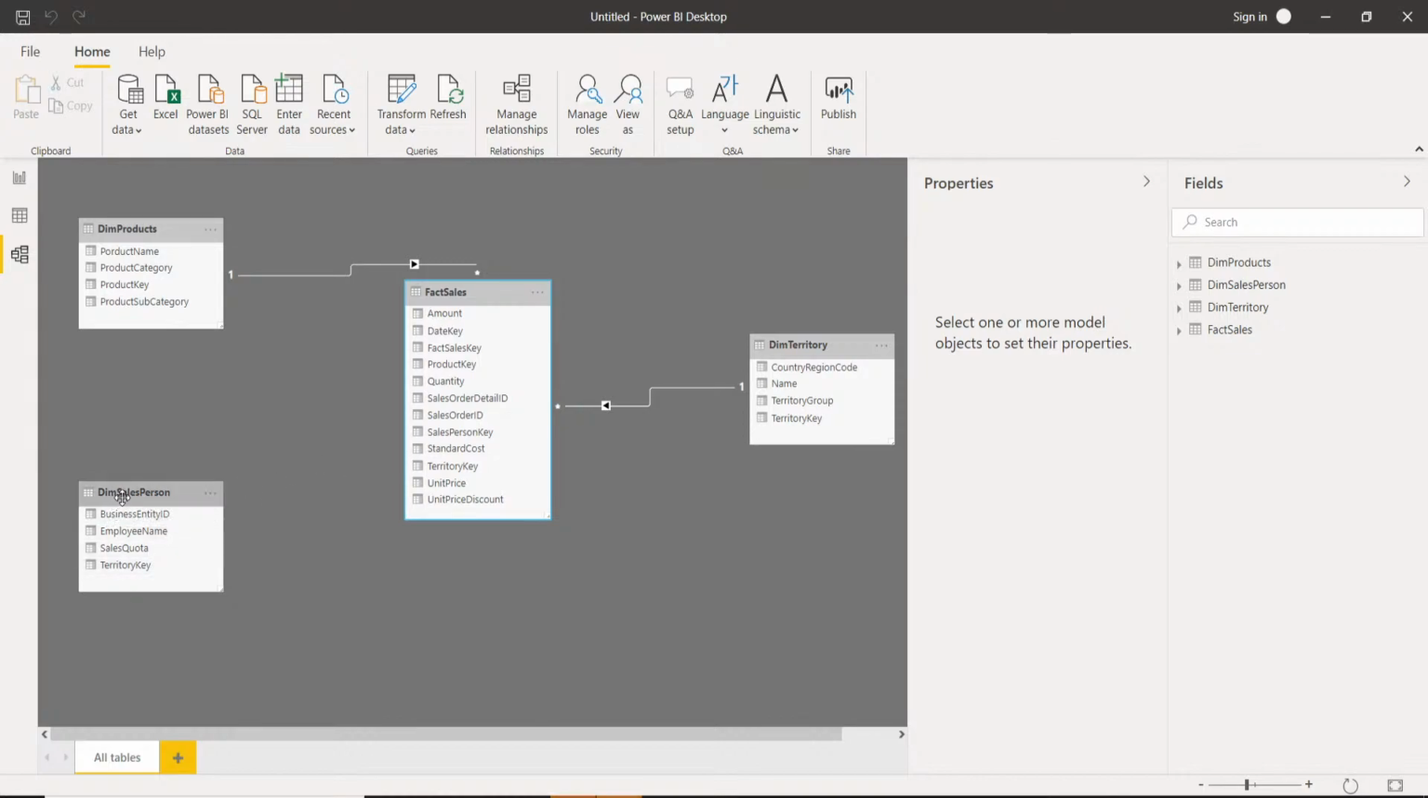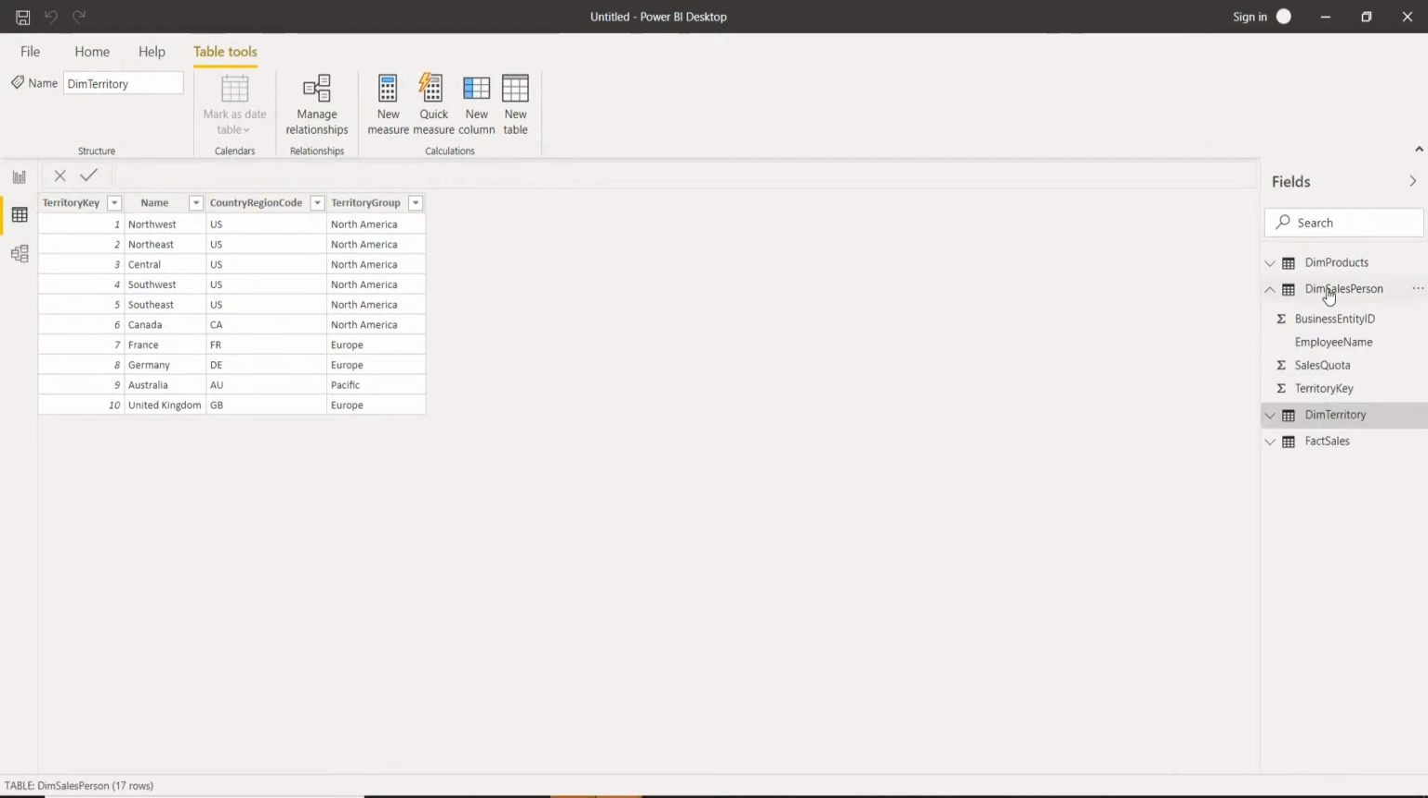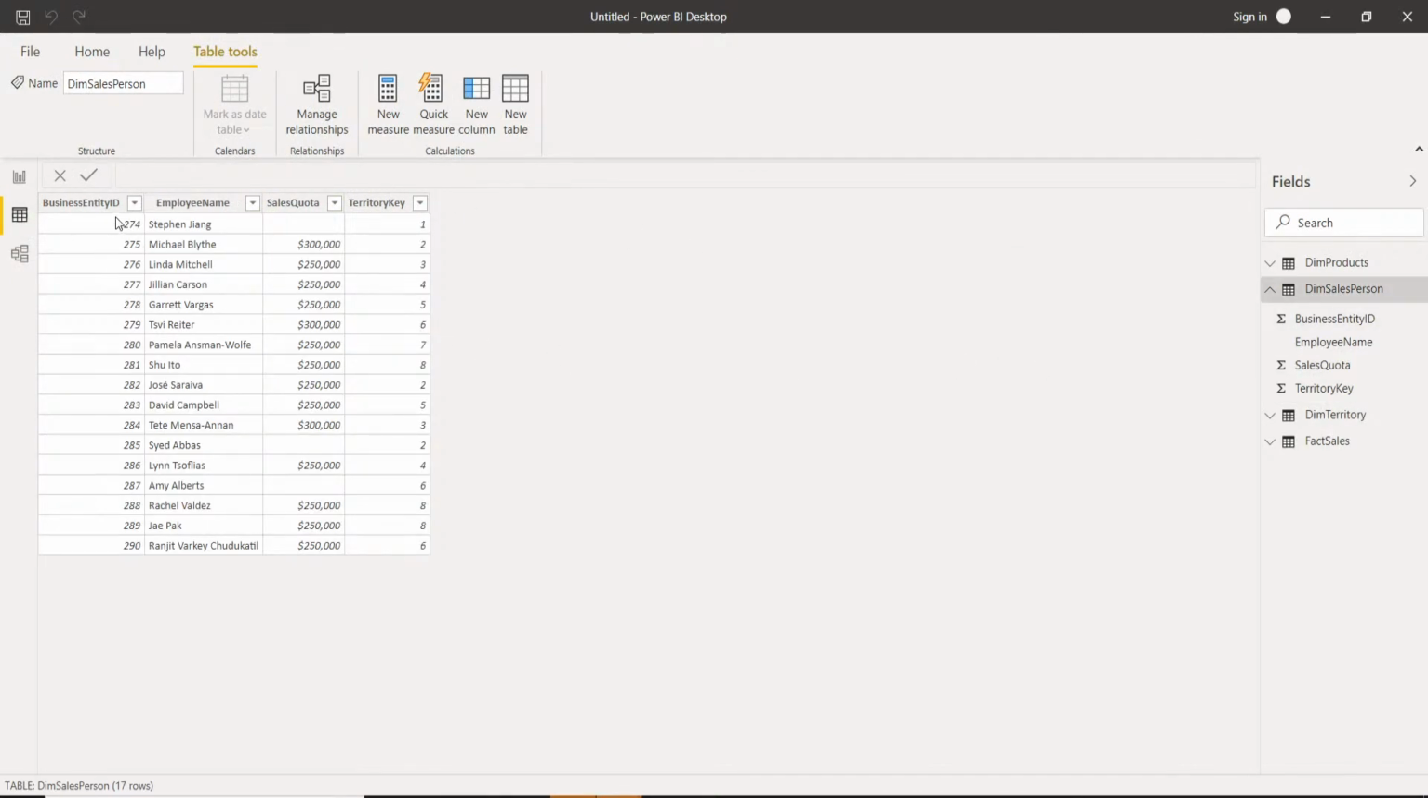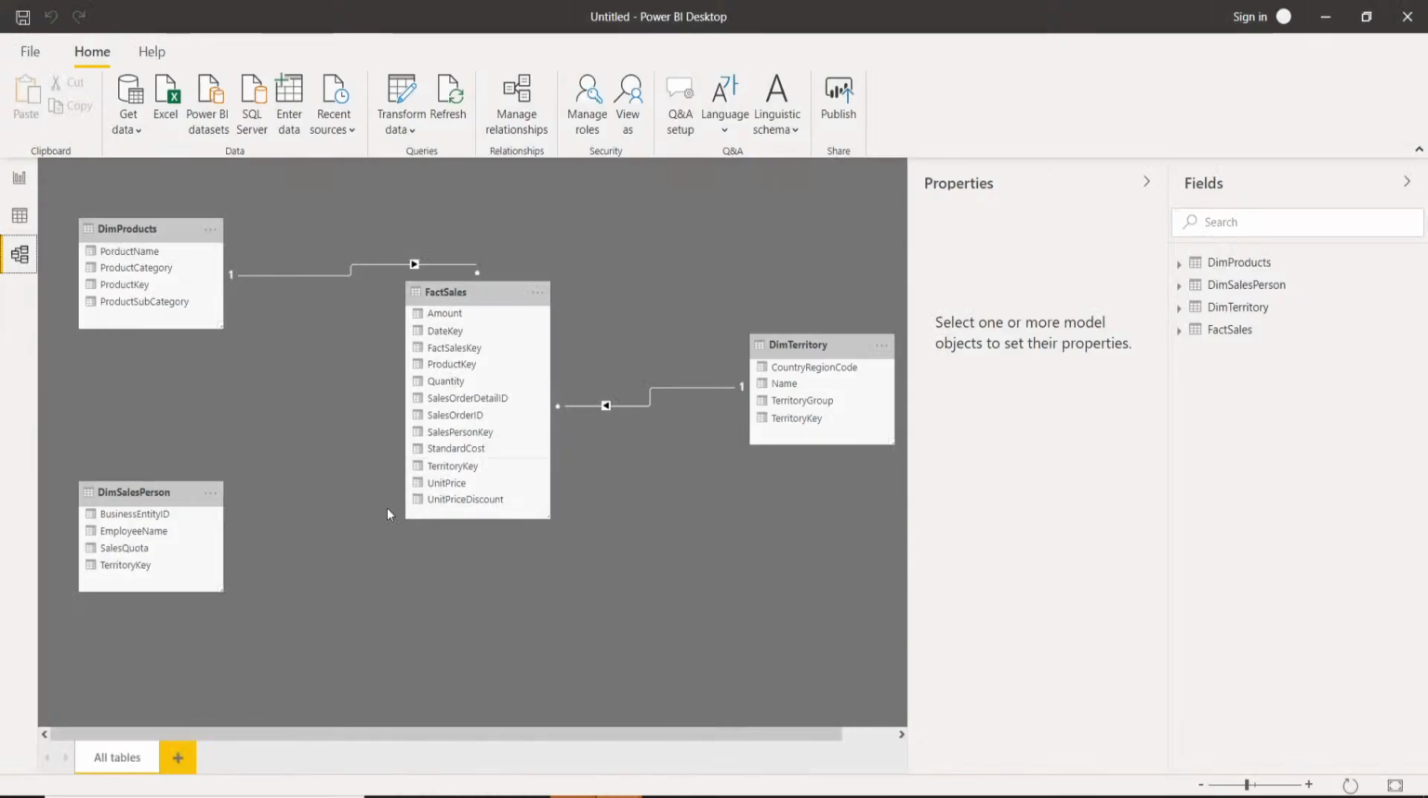And we want to link dim salesperson to fact sales. Now, as you can see, we have a discrepancy in the matching column. So salesperson key ideally should be matched to business entity ID, because if we look at the business entity salesperson table, the identifying column is called business entity ID. So just something to be aware of. If we create a relationship salesperson key to business entity ID,